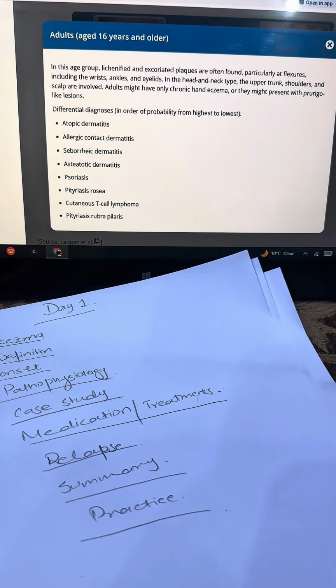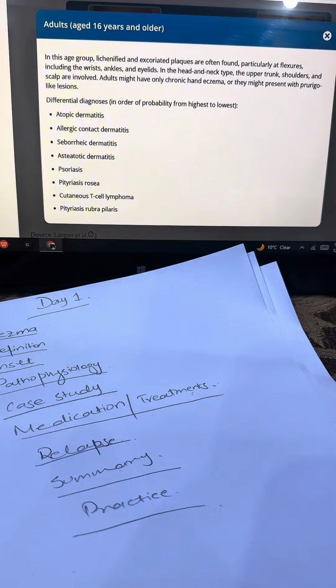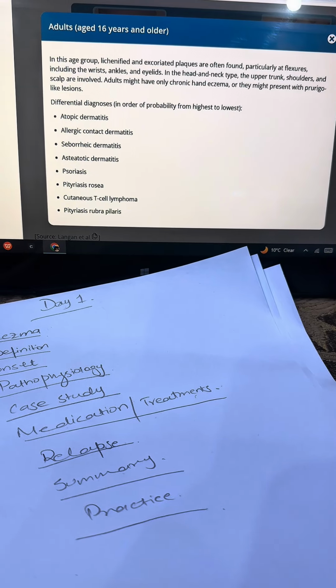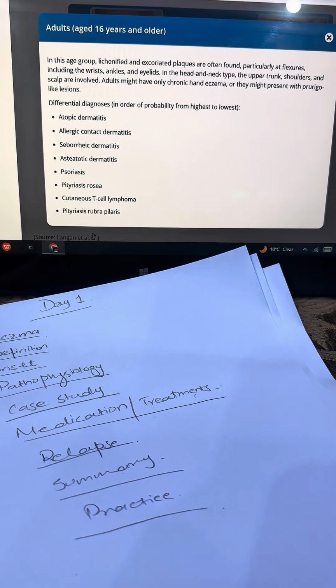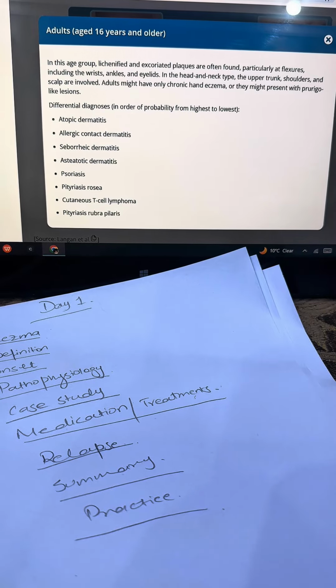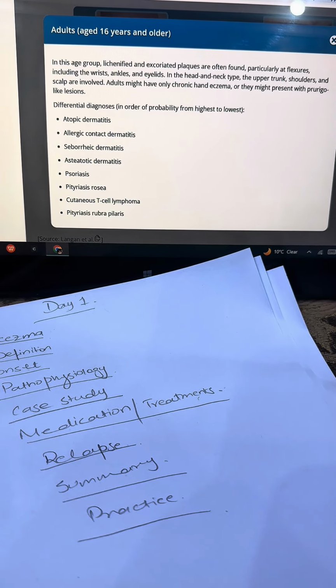And in adults aged 16 years and older, in this age group, lichenified and exudative plaques often appear, particularly at the flexures, including the wrist, ankles, and the eyelids. From higher to lower, the differential diagnosis includes atopic dermatitis, allergic contact dermatitis, seborrheic dermatitis, psoriasis, rosacea, cutaneous T-cell lymphoma, and